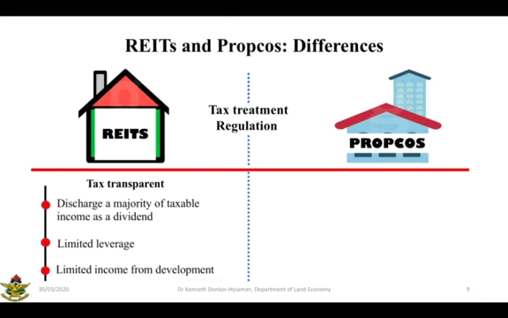And 3. That they limit income generated from real estate development, which in our previous lecture we learned was a type of real estate investment strategy. Now, a property company is, however, a taxable